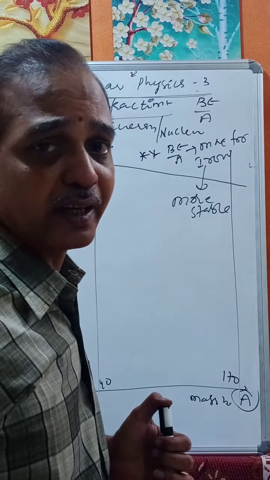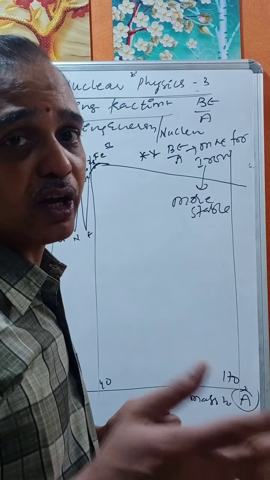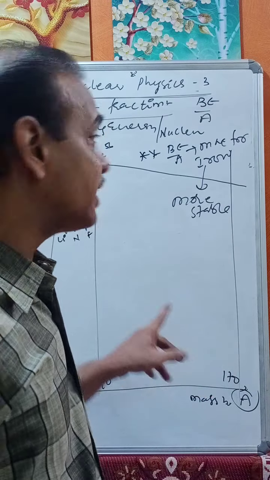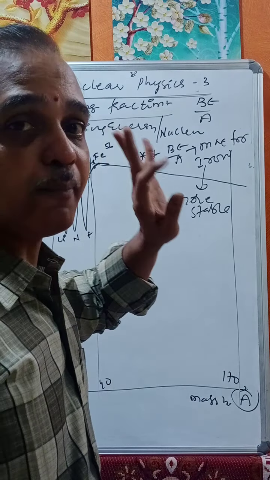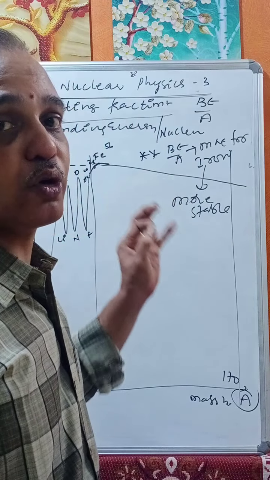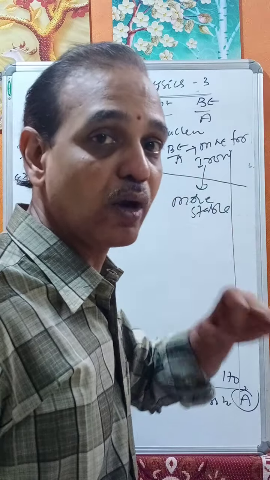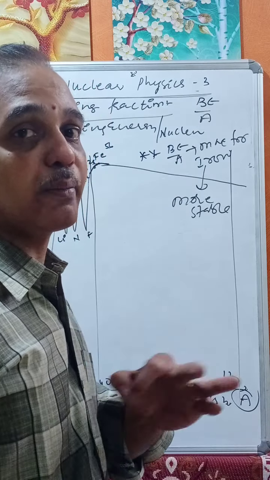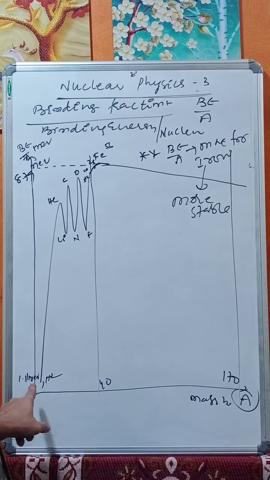If you are asked which of the following has the highest binding energy per nucleon or highest stability, and you are given iron, copper, neon, or uranium, then you can say bluntly, it is iron. Iron has the highest binding energy per nucleon and is the most stable element. The least is for the deuteron, 1.11 million electron volts.